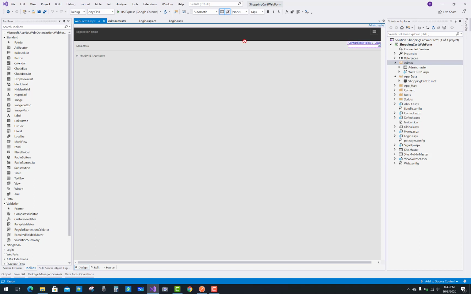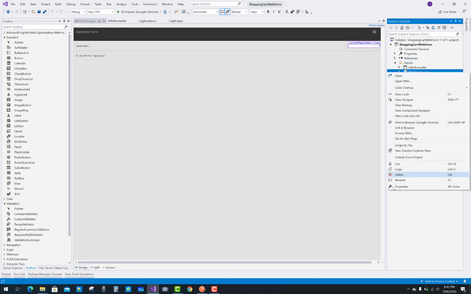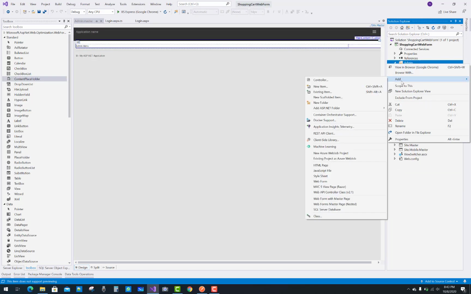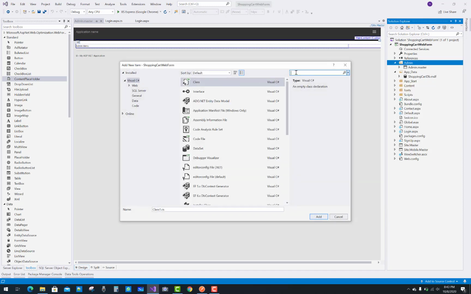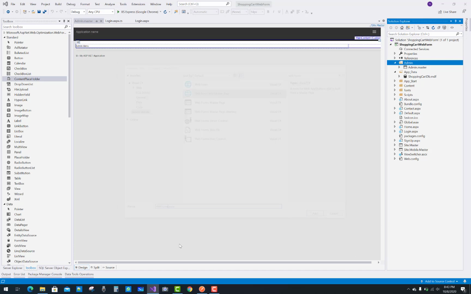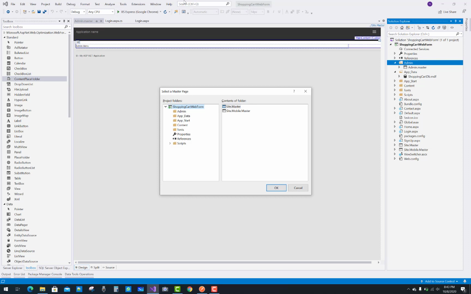Actually the web form name is not good, so just delete WebForm1.aspx and rename it, or you can say add another one. So add a new item, web form with the master page, and change the name, that is the welcome page. Okay, and the area is related to the admin page.